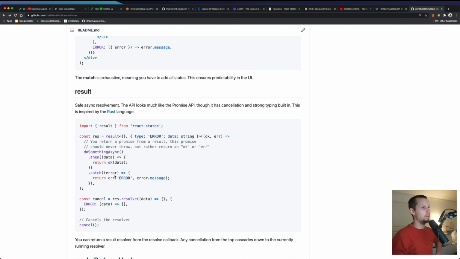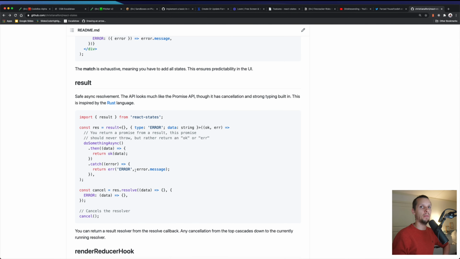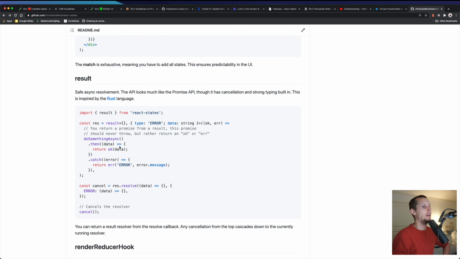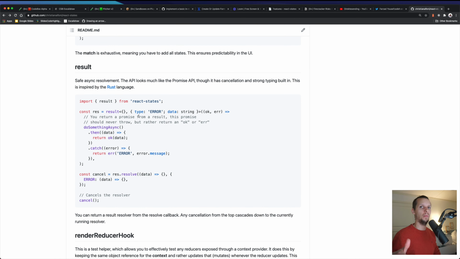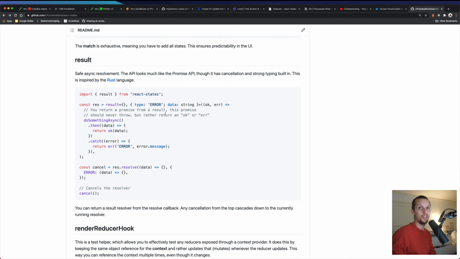So there's a concept in Rust called result, and there are implementations of this in TypeScript, but the surface is too big to be used on its own. I think it would be very confusing. But more importantly, we want cancellation. So whenever there's an effect, we want you to return a result instead of a promise. And the result is basically a wrapped promise, but it never throws. It only returns OKs and errors.